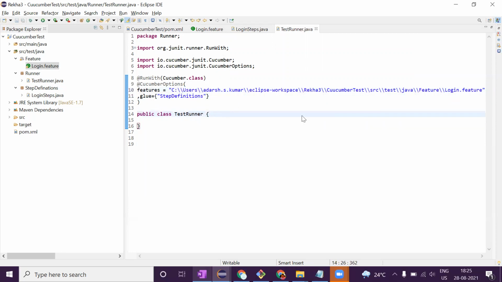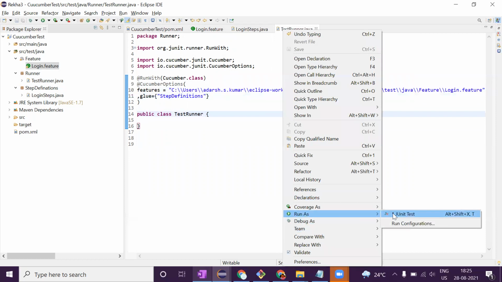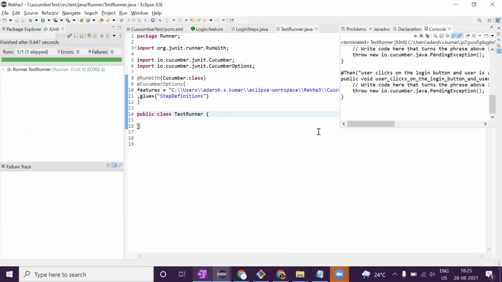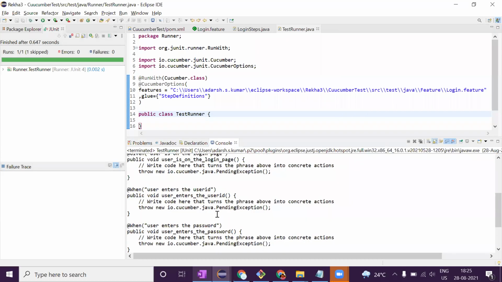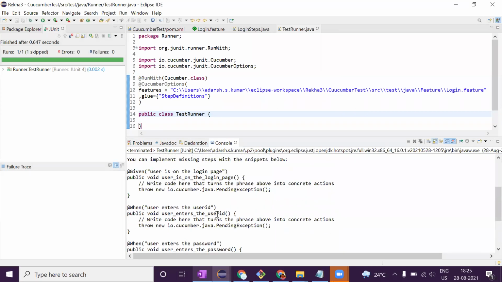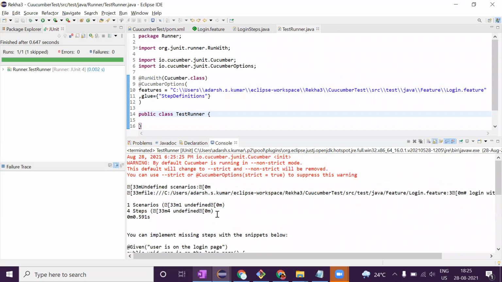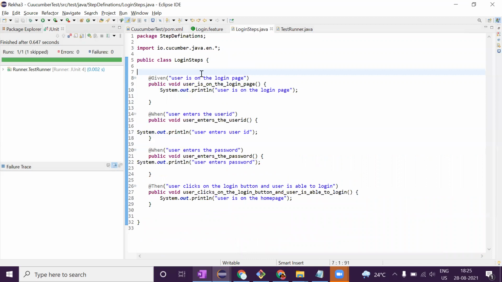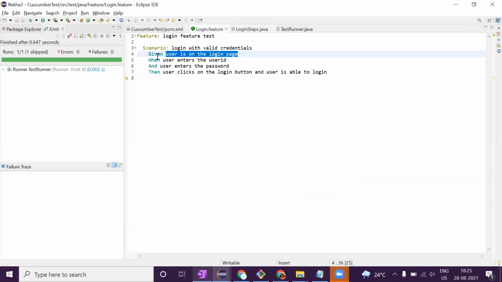We'll see if it works or if any changes need to be done. I'm running. When I run this, it is finding something in the feature, it is telling given when. Sorry, what is happening is I have here first given, then when, then and, then right.